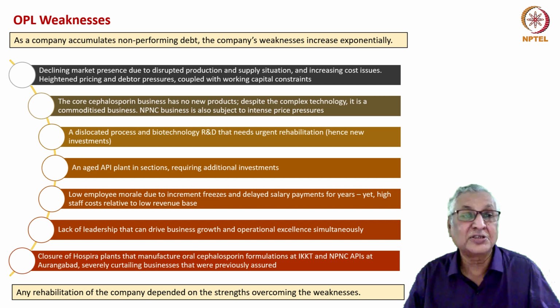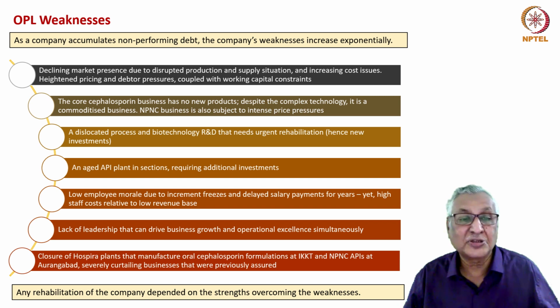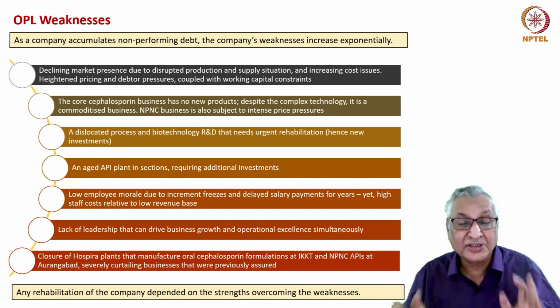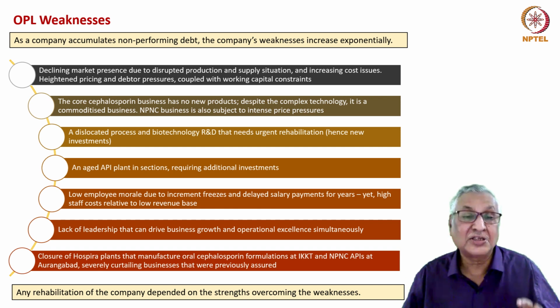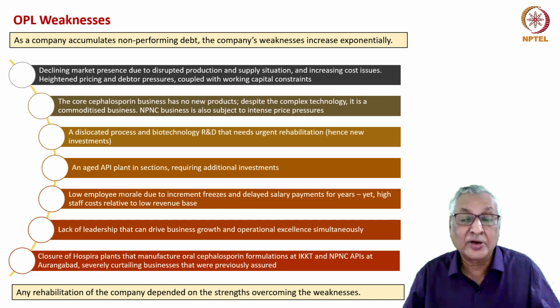Working capital constraints, heightened pricing and debtor pressures, lack of new products in the core cephalosporins business, a commoditized business and commoditized technology despite the complexities involved, serious and severe price pressures in the other NPNC business, a process and biotechnology R&D that has been paused, an aged API plant in sections requiring additional investments,